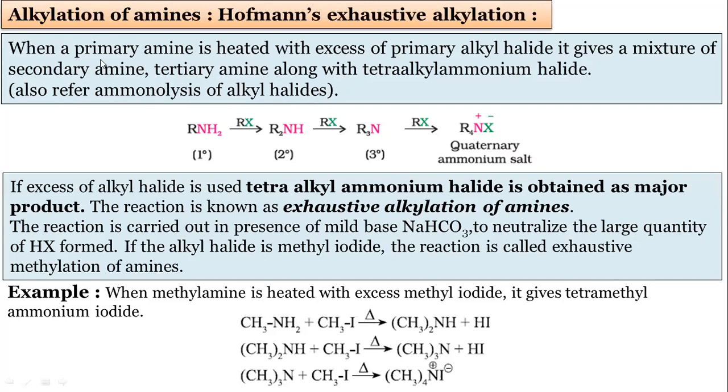Alkylation of amines is nothing but when this primary amine reacts with alkyl halide. Here alkyl halide is used in excess. Alkyl halide heated with excess, then we get the secondary amine, and as this alkyl halide is in excess, it will react with the secondary amine again, and we will get the tertiary amine here. Again, it will react with alkyl halide and we get the final product, quaternary ammonium salt. Why is this quaternary ammonium salt? Because there are 4 R groups. That's why it is called quaternary ammonium. And why is it salt? Because nitrogen having the plus